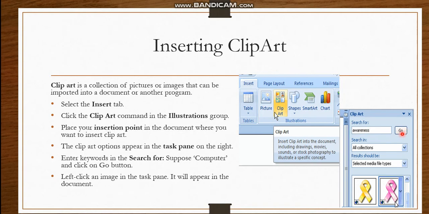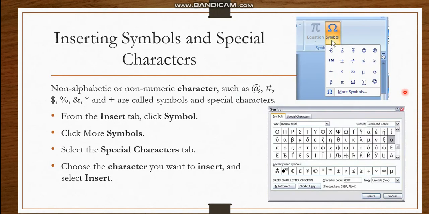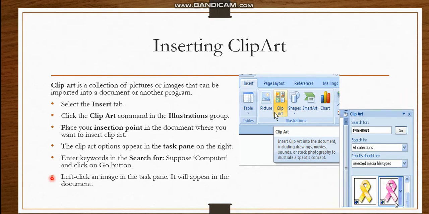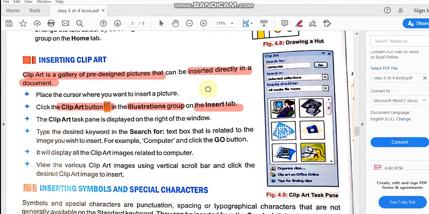While clicking on the go button, it will show you all the pictures here. So how to insert it? By clicking on the picture directly, you can insert it into your document. Whenever you click on this picture, it will be inserted.